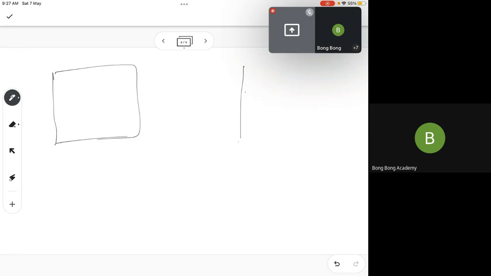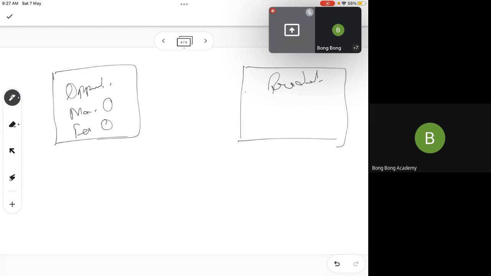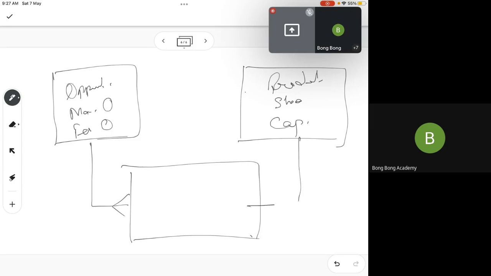Let's go to opportunity and product now. Opportunity and product. So opportunity is March order, February order. Product is shoe, cap. What is the relationship between these two? Many to many. So how will you create a many-to-many relationship? Again, with a mapping table. So there is again a mapping table. And why many-to-many? Because